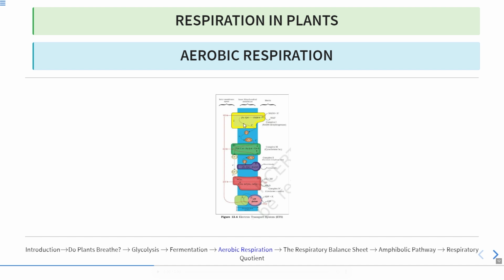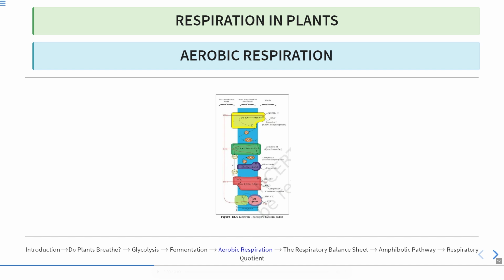Okay, and it transports the electron. Here you can see it is transporting the electron to complex 1. From complex 3 it reaches the cytochrome C, and from cytochrome C it reaches the fourth complex, that is the cytochrome C oxidase. Now here you can see how it is linked with complex 2. So complex 2, if you remember,